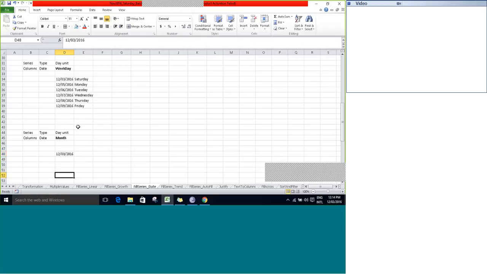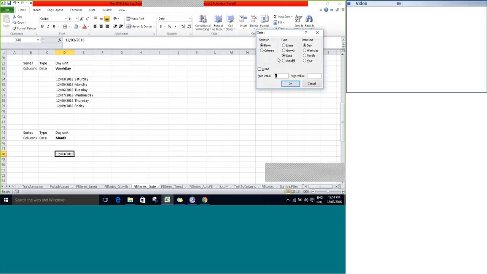the day unit as month. Series in columns, and let's give it as 12/03/2017. So for the next 1 year, I want to create a month unit. Let's go with step value as 1. It will skip 1 month in between. Click